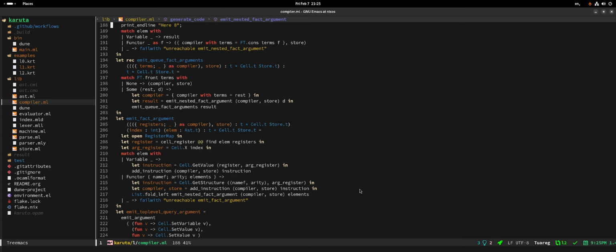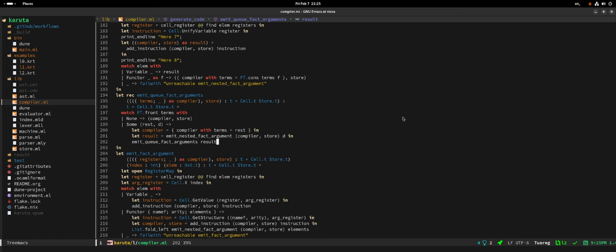Wait a moment. Let's backtrack a little bit. So what you're saying is that we should be able to use a lot of emit fact argument for this function. What should be in here? We would be able to if it did not need an index, but it does, so we can't.